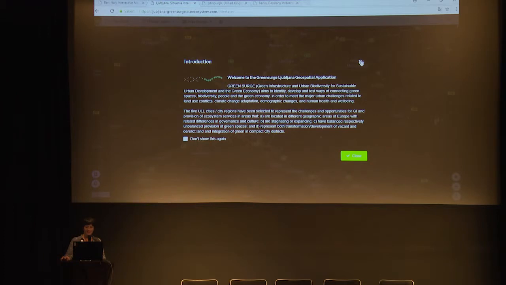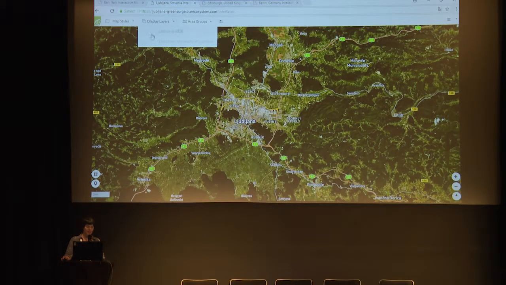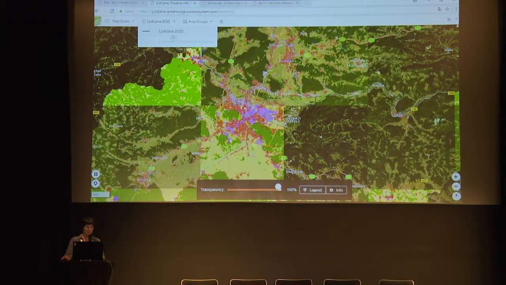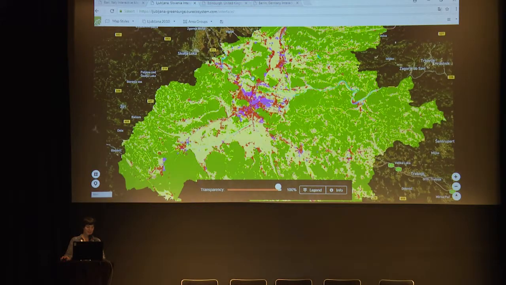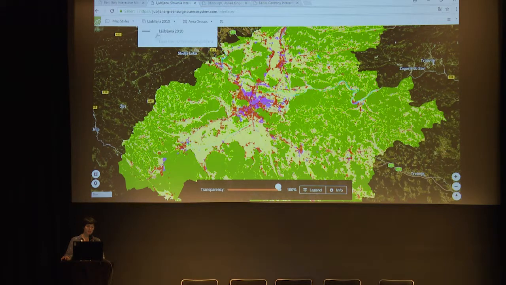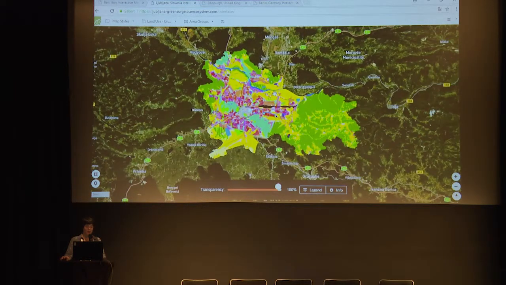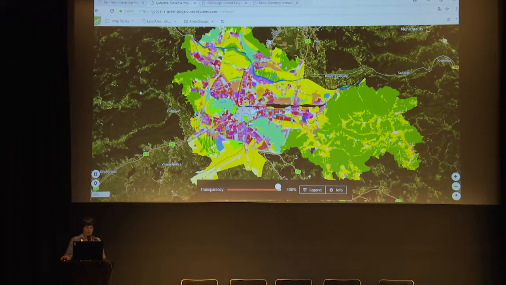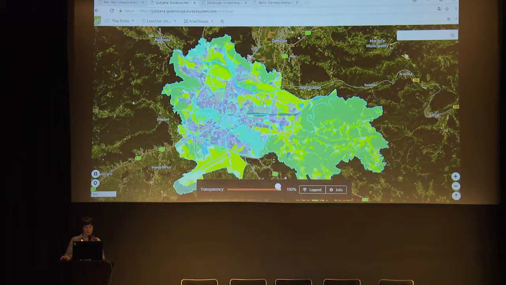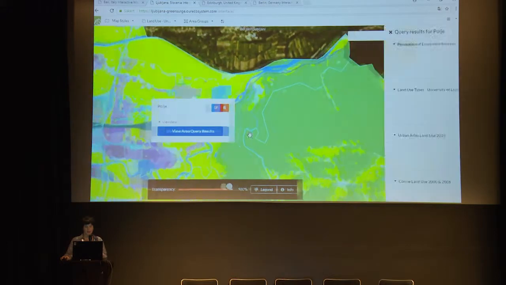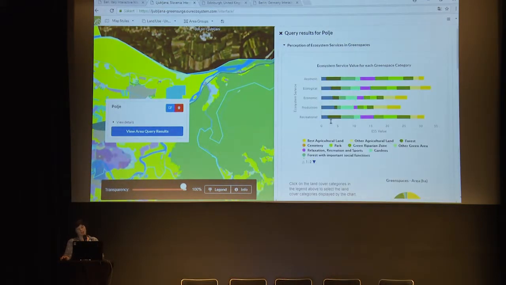In Ljubljana, there are 2 different land use maps uploaded, so the Urban Atlas 2010. These maps have been uploaded to all the applications. And there's also a land use map that was developed by the University of Ljubljana. And some city quarters to query, so if I query one of them, you can see in the first kind